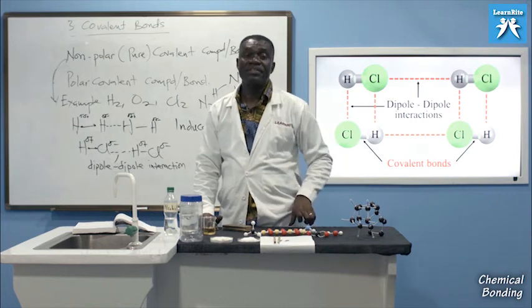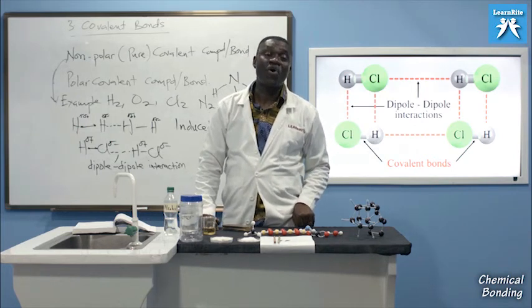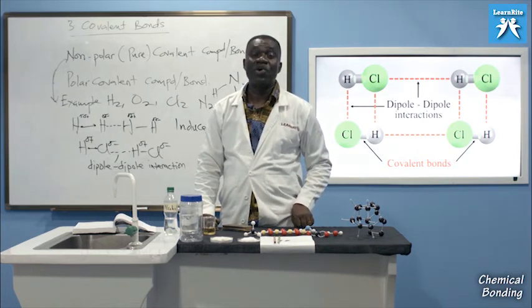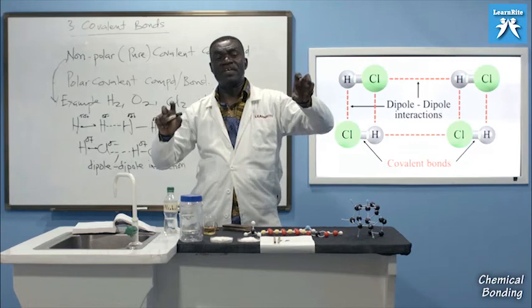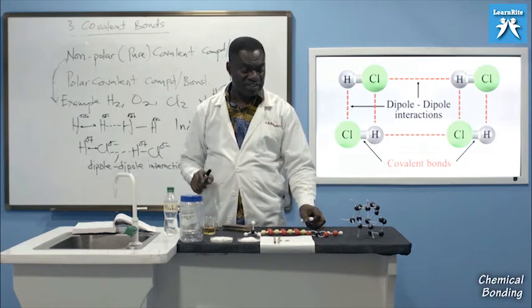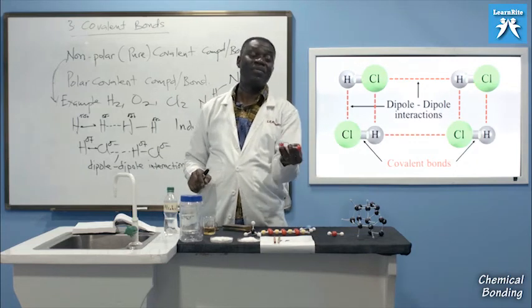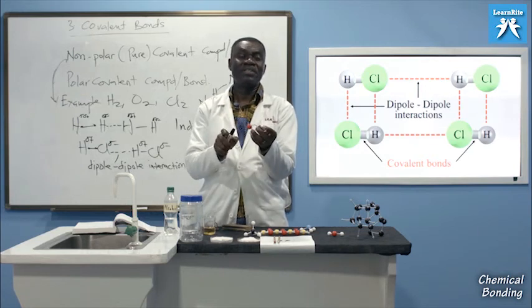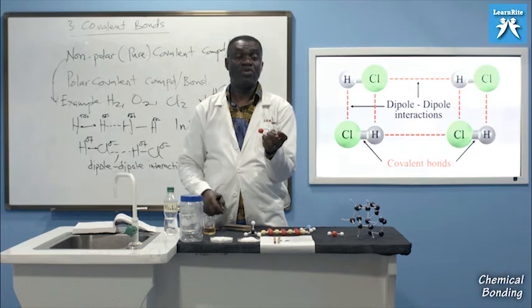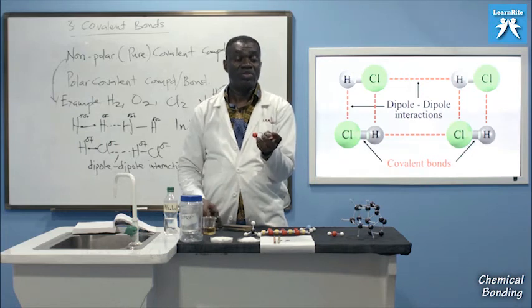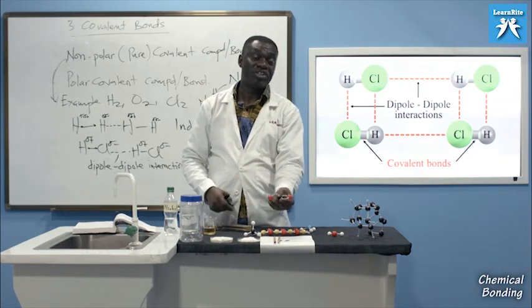But at this point, I'm not going to be able to teach you all molecules, but all the several molecular covalent substances, whether they are polar or nonpolar. You cannot just use atom A and B and say that, yes, I know this is more electronegative than this, therefore there will be polarity. Like for instance, if you take carbon dioxide, someone says, because it's carbon and oxygen, and carbon is less electronegative than oxygen, then I think it should be polar. If you did that, you are wrong. You have to consider the shape. The shape of